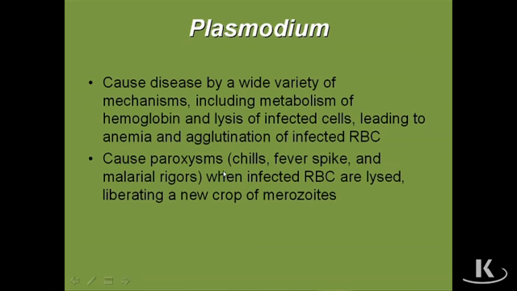So there's the two different stages, in the vertebrate host and in the arthropod host. And I showed you that when I walked you through the life cycle. What's going to happen, just like I said, every time you release those organisms and they're lysed from the infected cells, you're going to get the classic paroxysms of malaria, the fever, the rigors, and the chills,